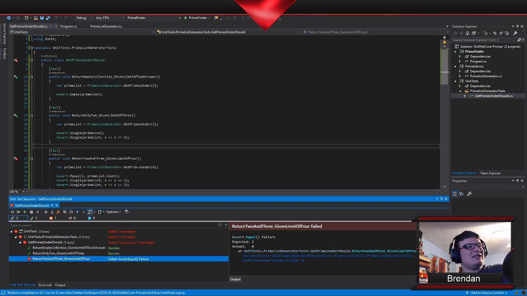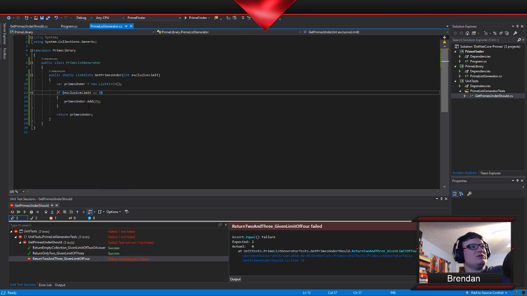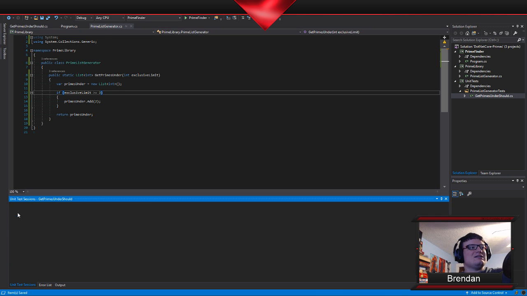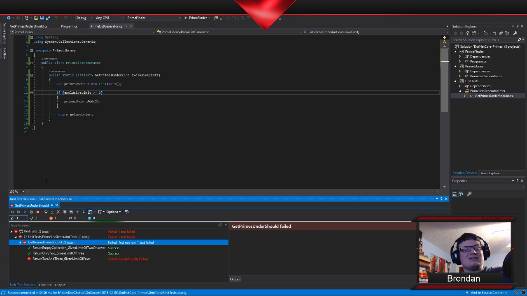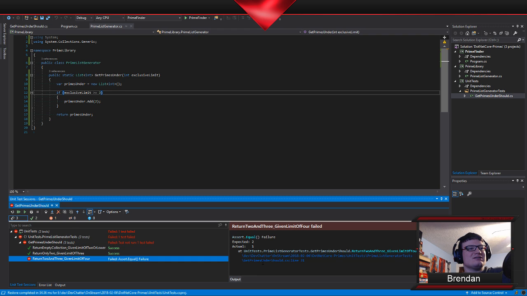So I didn't get back any items. Wow, wonder why. My code looked so right. Oh man, I'm an idiot. Oh, okay, greater than or equal to 3. There we go. That was a joke, by the way. So now we should get to the next assert in there.